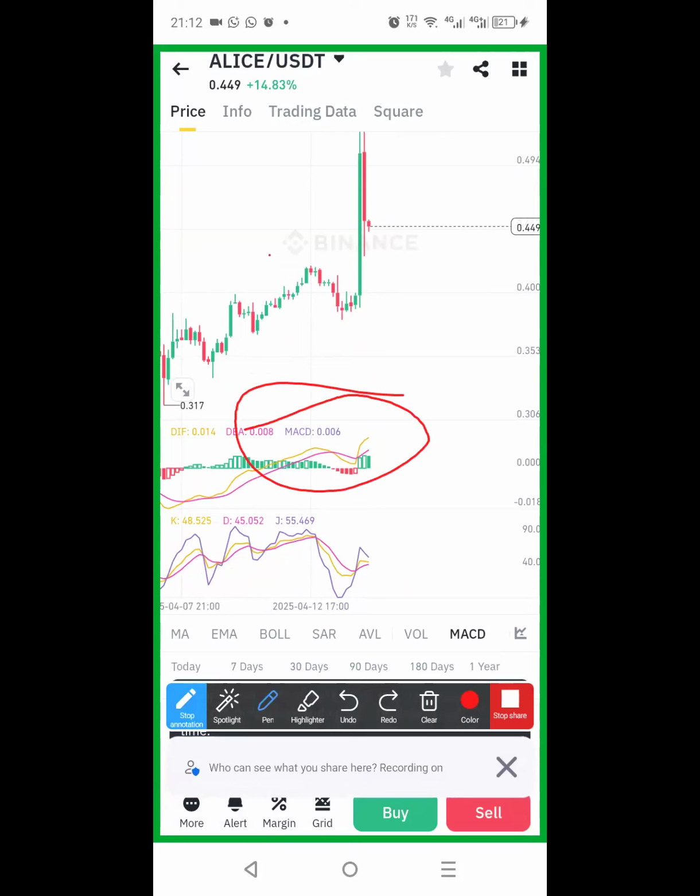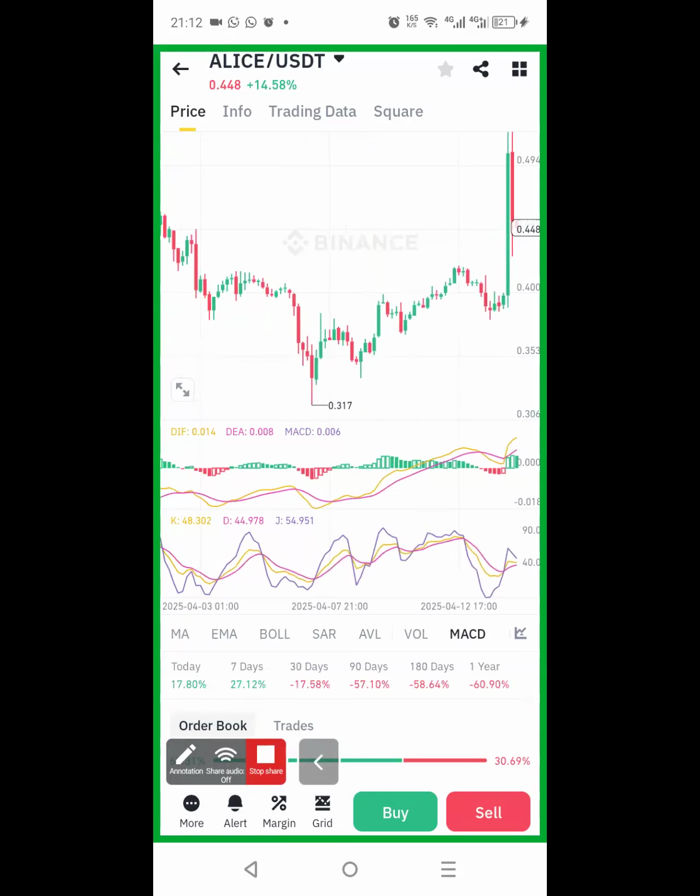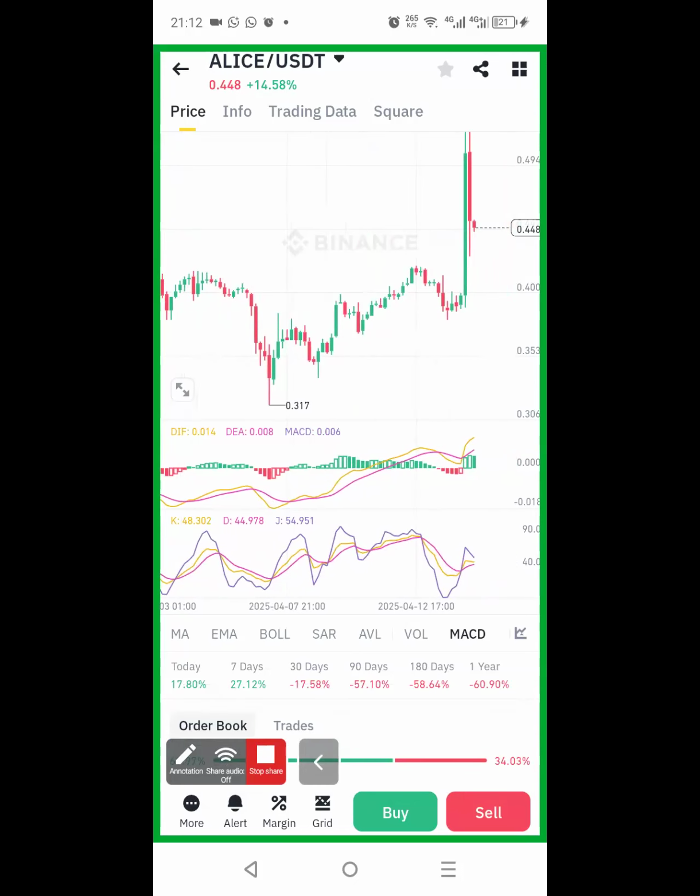If the MACD is below like this, that coin is very risky to enter at that moment. Risky. But let me say if the MACD is not above? Is that what you are saying, not above? I think below is the down. Where you put the pencil now, is it not above?